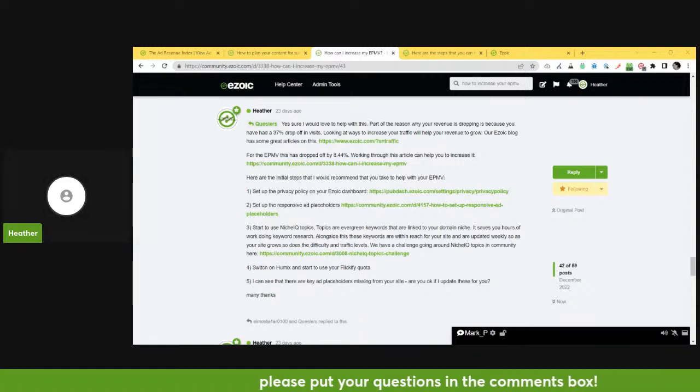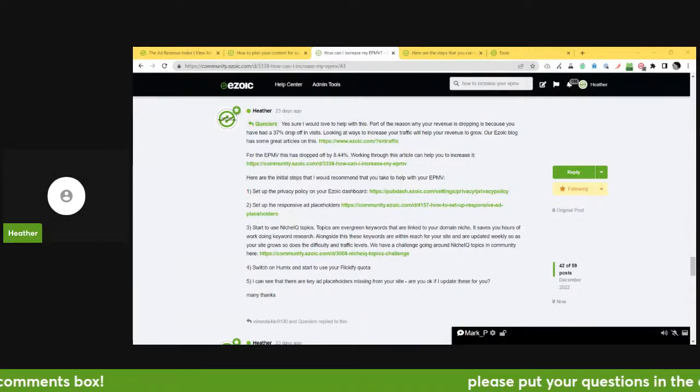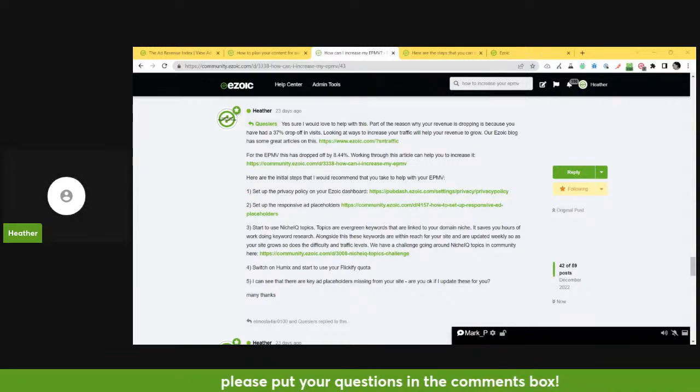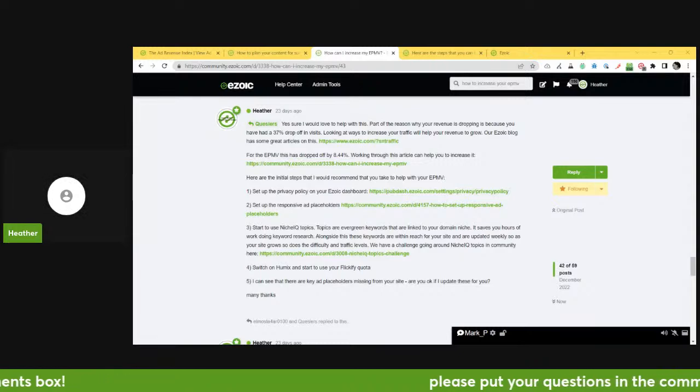So when you're thinking about content, it's really important to take both of these factors into consideration and to think about your readers and the type of content that they would be interested in, but also if you're looking to increase your EPMV, using big data analytics so that you can understand how that content is monetizing can really help you to build up your business from there.